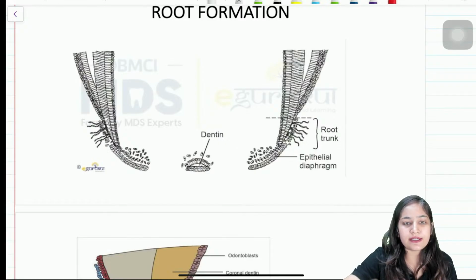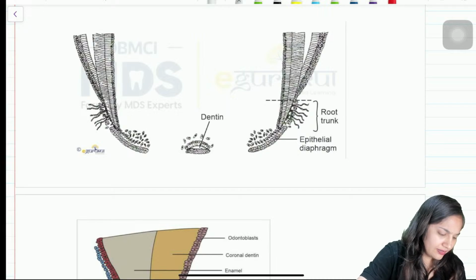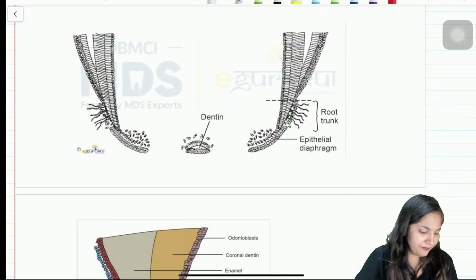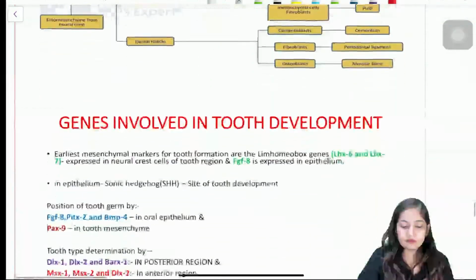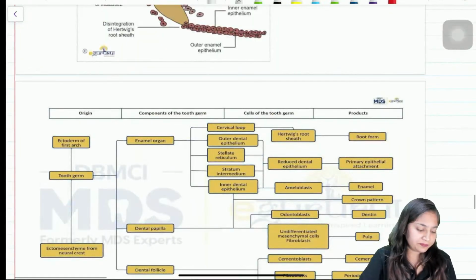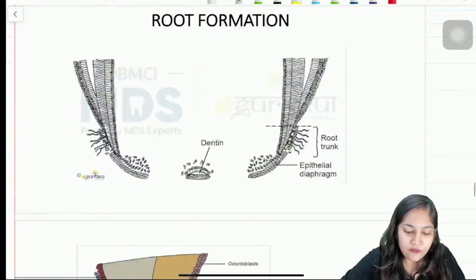Root formation is easy. It's okay, Kirti. And okay, we can complete with root formation and then we can have a break. Okay, in root formation,